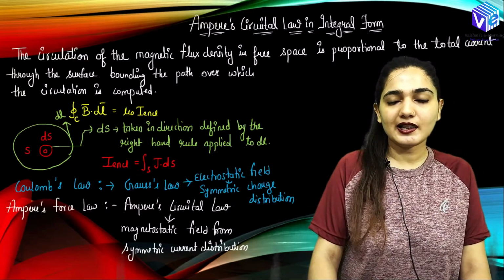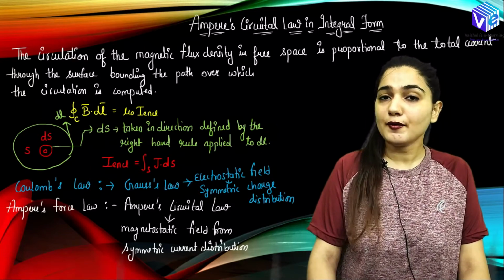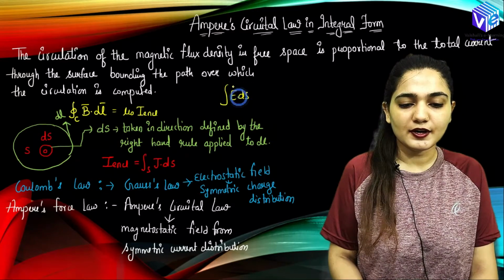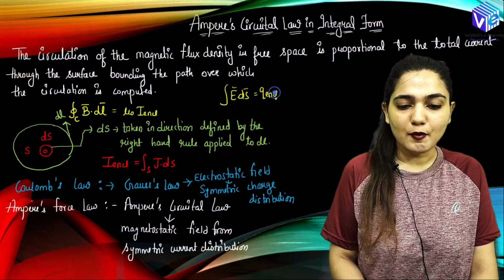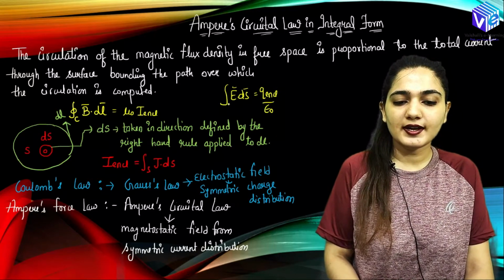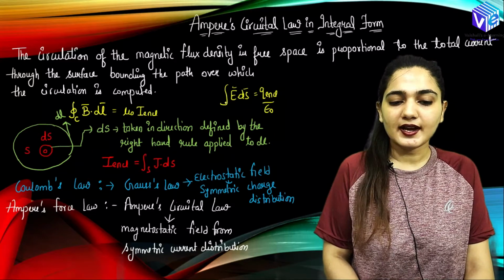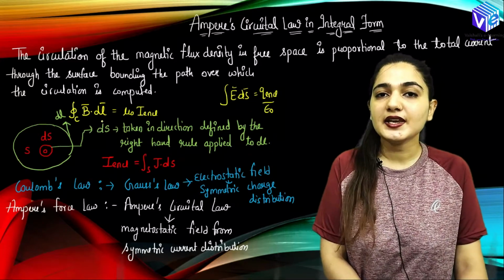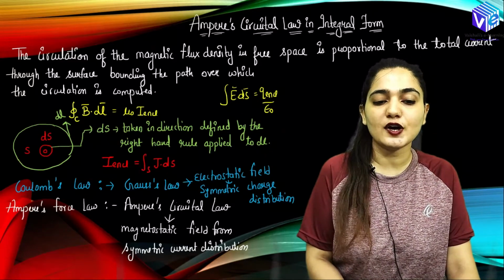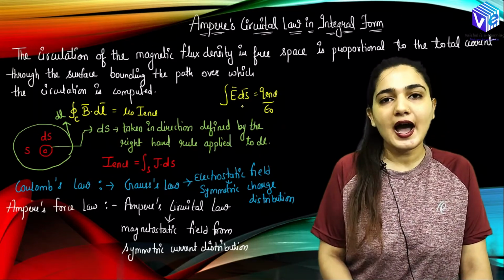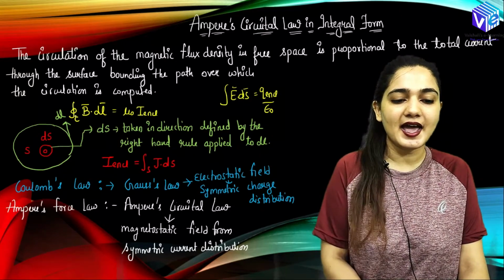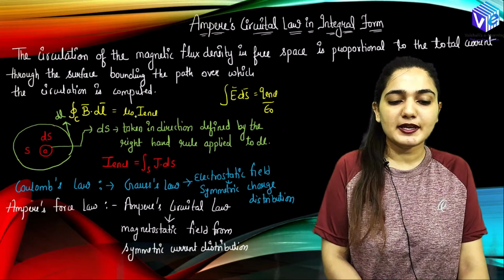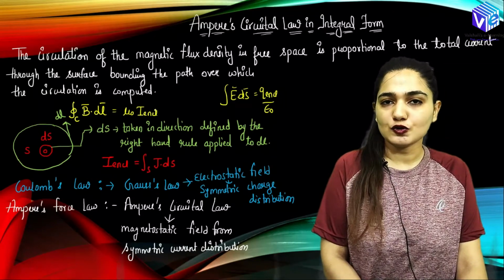So what is Ampere's circuital law? It is the equivalent of Gauss's law. What was Gauss's law? According to Gauss's law, the integration of E dot ds over the given surface will be equal to q enclosed upon epsilon naught, that we know. Now here, instead of E I will be putting B, so the integration of B dot dl. Now here I will be taking the Amperian path, there I was taking the Gaussian surface, because there I was taking the integration over the surface. Here I have the integration over dl, so I will be having the closed Amperian path, which will be equal to mu naught times the current enclosed by the Amperian path.